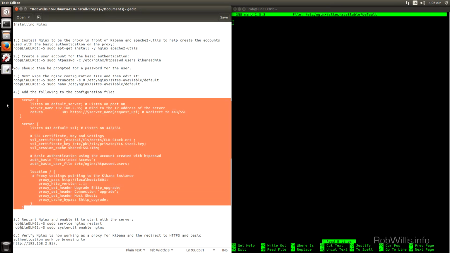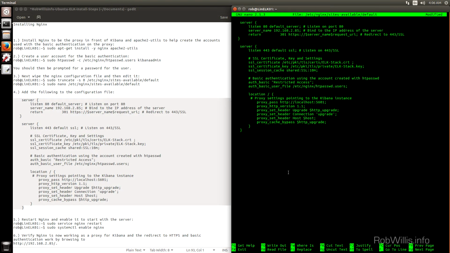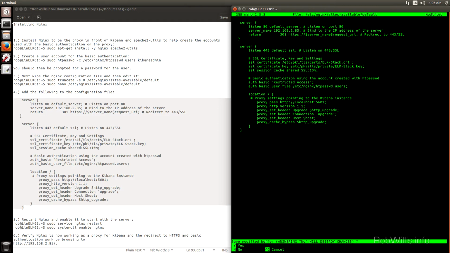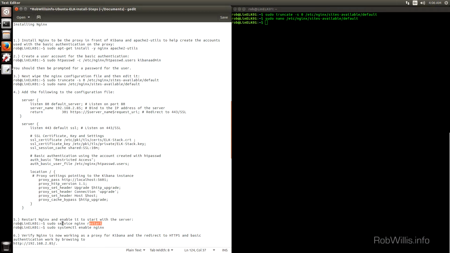And that's so that we can hit it on the IP address, and it's going to point us to the Kibana instance and pull the data through for us. So anybody can hit it on the IP address at that point. We don't have to hit it from the localhost. So I'm just going to paste that configuration into there, and then Control X and save that file, and that's